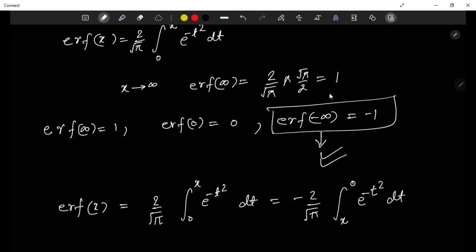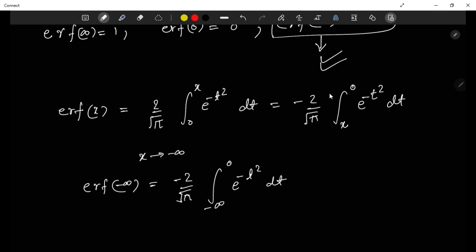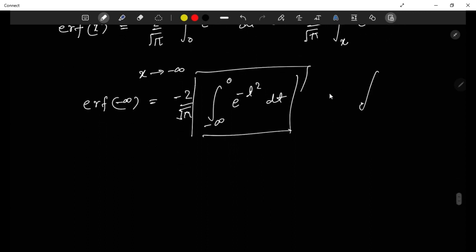Just what I did here, I flipped the limit. Now this can be written like this, and you can put here the limit x tends to minus infinity. So the error function at minus infinity is minus 2 by root pi, integral minus infinity to 0 e to the power minus t square dt. So this is the integration on the second half of the x axis. So you already know the value of the integral 0 to infinity e to the power minus t square dt, which is nothing but root pi by 2,